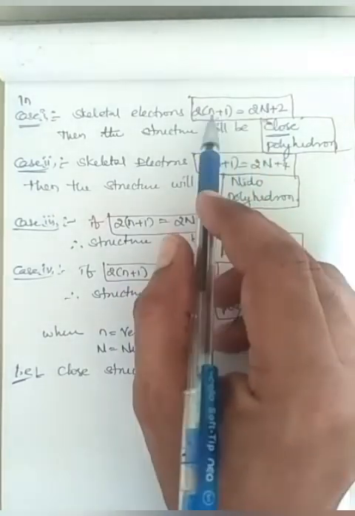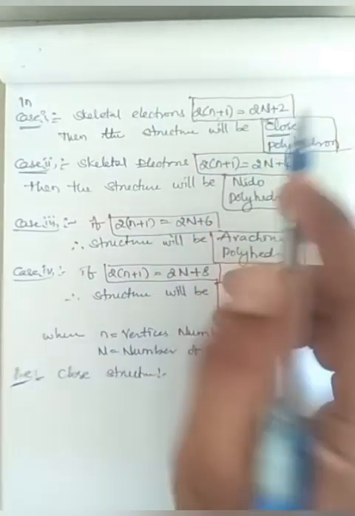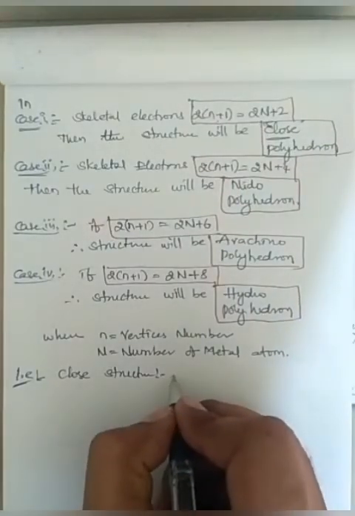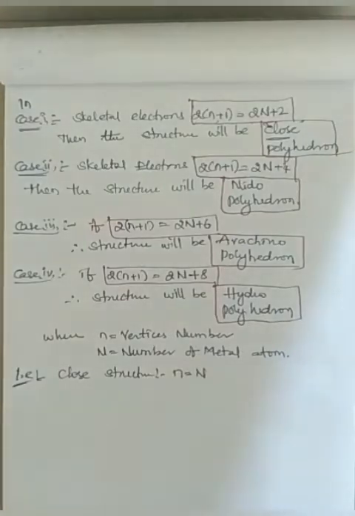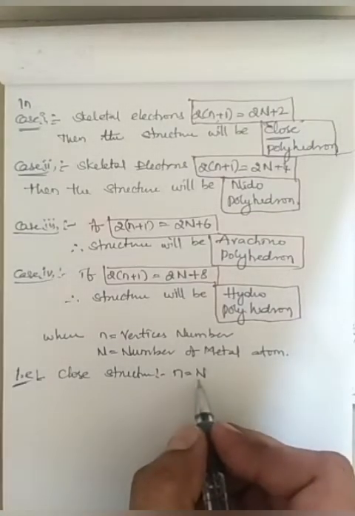They are equal: small n equals capital N. So in closo structure, small n equals capital N, which means all the vertices will be occupied by the metal ions,